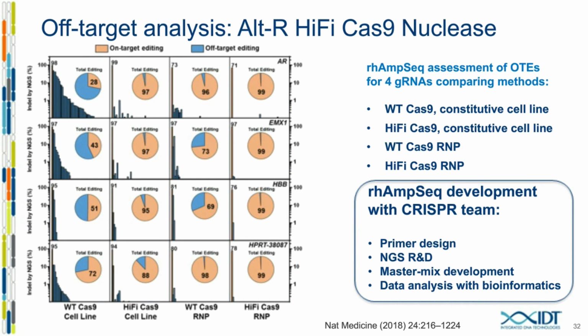This is a similar experiment, but has been expanded to test more guides and slightly different conditions. If we run from the right-hand side of this chart, going down, we can see we have the androgen receptor, EMX1, HBB, and HPRT. And running along the bottom are some of the different conditions that we have. We have a wild-type Cas9 being expressed in a cell line. We have a high-fidelity Cas9 being expressed in a cell line. And then we have wild-type Cas9 delivered as a protein and high fidelity Cas9 delivered as a protein. And we wanted to test all of these guides and assess their total editing depending on the method of Cas9